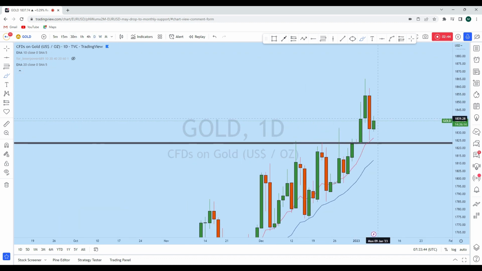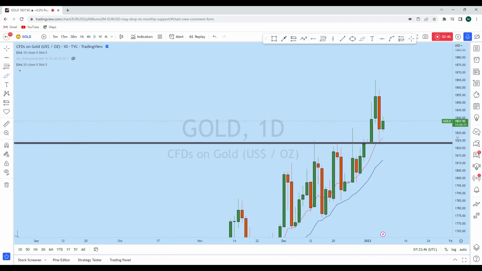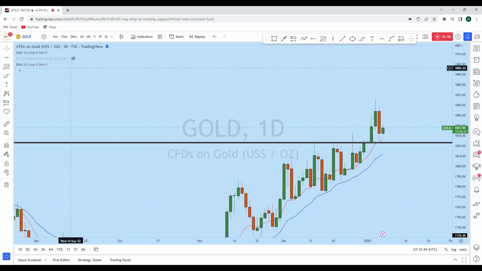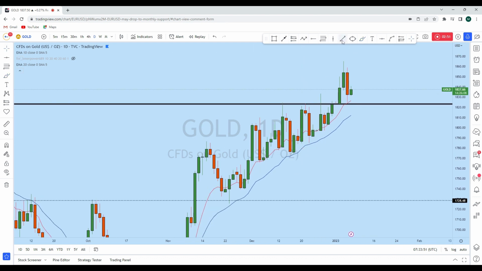If we look at the daily time frame, we see that gold was moving in this bullish channel. If we look closely at the price action, we see that there is an order block here on gold. This resistance zone, as you can see, is where the big boys bought from this level, which turned into support on the daily. After the double bottom, gold has broken out of this level, tested this previous resistance, which is turning support here, and every time the price was respecting this level,